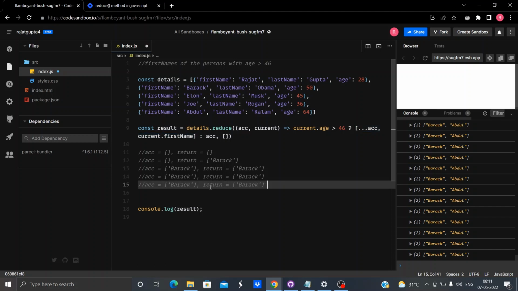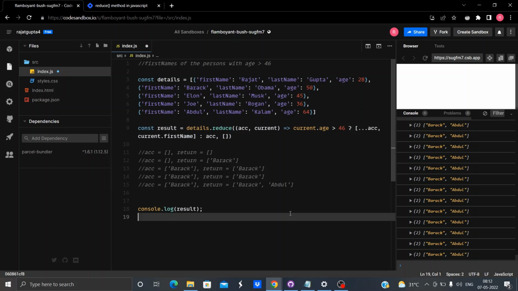We'll first destructure the previous one, and now add current dot first name, which gives us Abdul. After this element there is no more element left in the array. This is our final result. You can see it in the console also. So that's how reduce works.